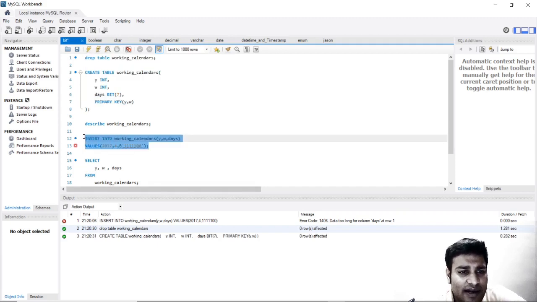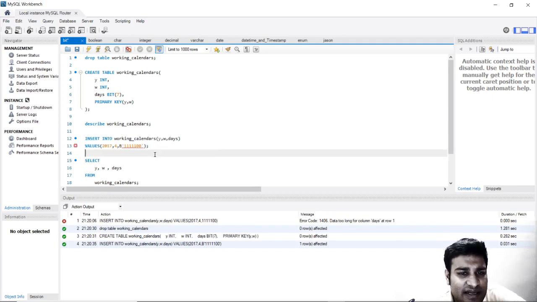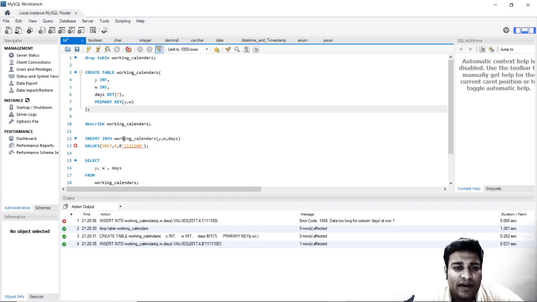I'm just deleting all of the old values and creating the table again. Now let's go ahead and insert this value. So see, now this value is inserted. Although this is giving an error over here, still this value is inserted. This is a defect in the workbench. As this is open source and free to use commercially, obviously you will find a few areas where this particular software will need improvement. But yes, this is the way of defining that this particular thing is binary.